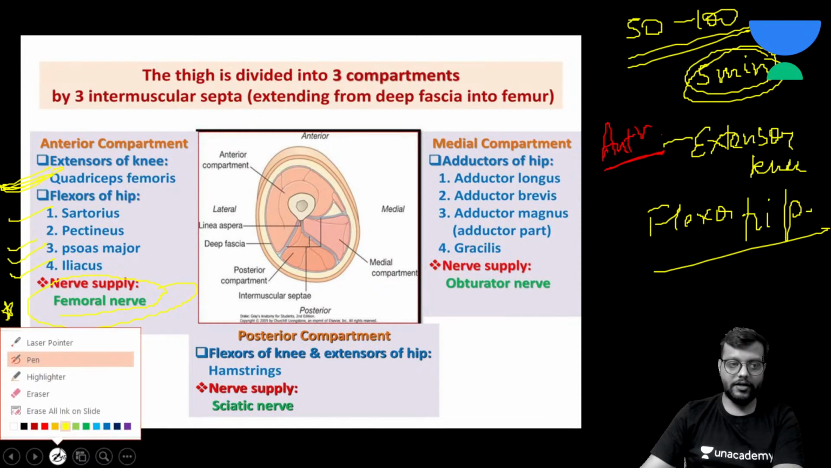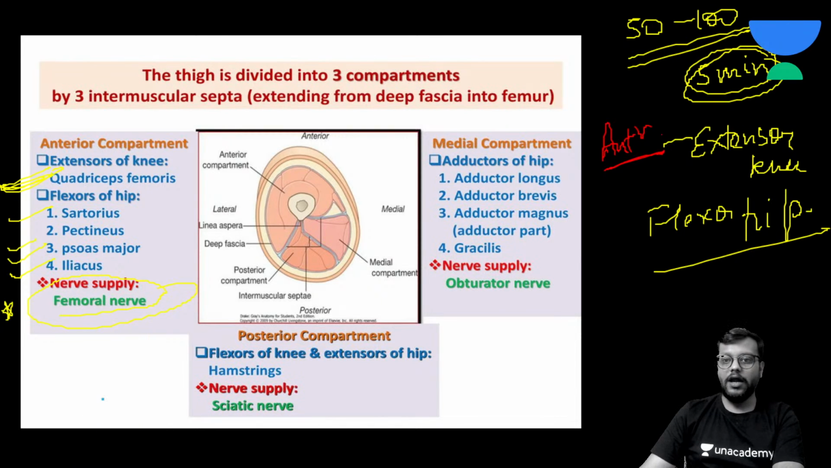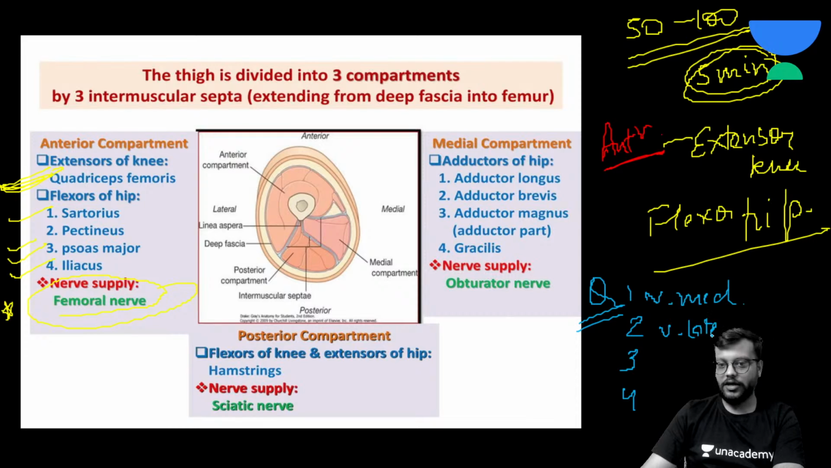Just remember the anterior compartment is supplied by the femoral nerve, okay. And these are the muscles. The quadriceps femoris has 4 groups of muscles: vastus medialis, vastus lateralis, vastus intermedius, and rectus